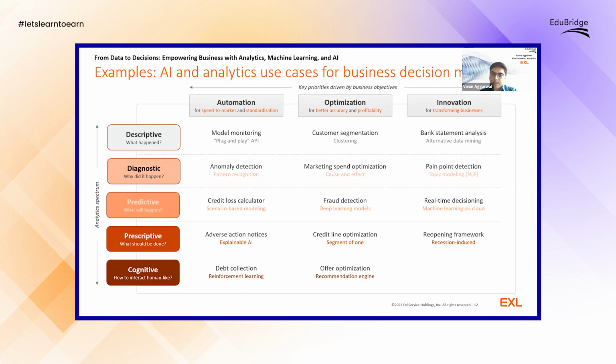Offer optimization is something which can be done. Recommendation engine we talked about. People who bought this also bought this is an example of a recommendation engine. So you can optimize your offers accordingly, and hence cognitive analytics can be very aptly applied here. Basically it increases the take rate and it also improves the customer experience.